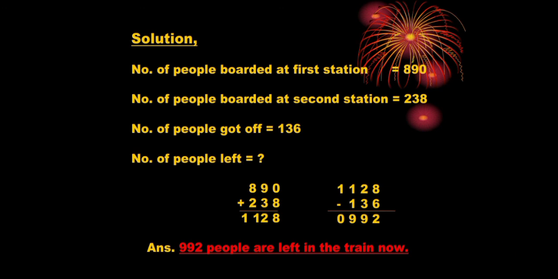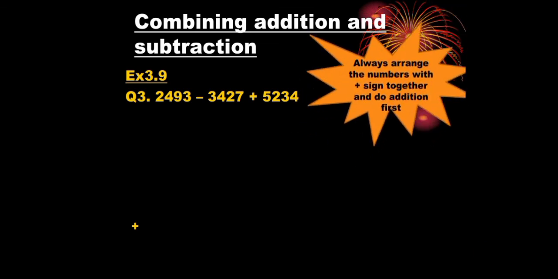Exercise 3.9, question 3, combining addition and subtraction. That is 2493 minus 3427 plus 5234. Children, always arrange the numbers with plus sign together and do addition first. Here we will see what are the numbers with plus sign. We add them, that is